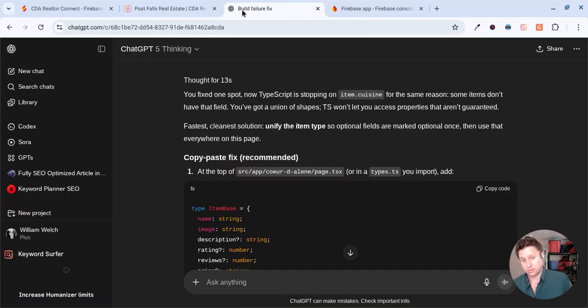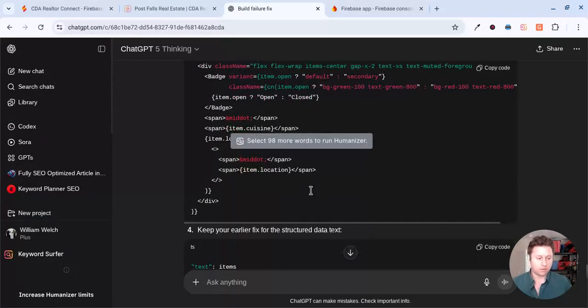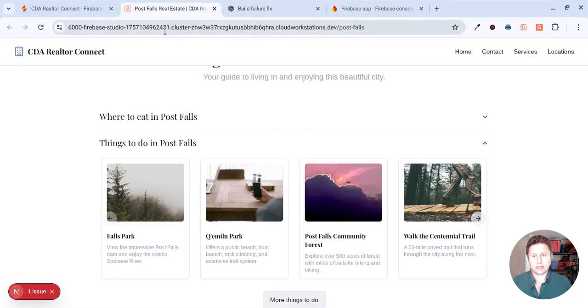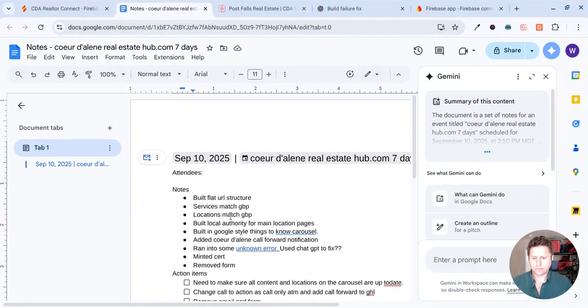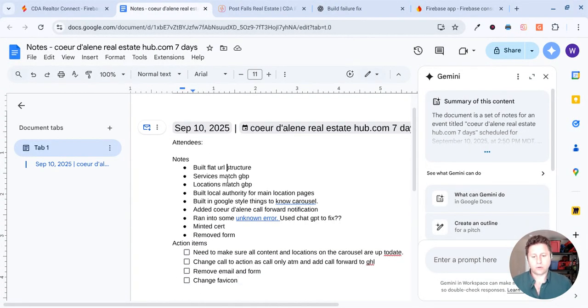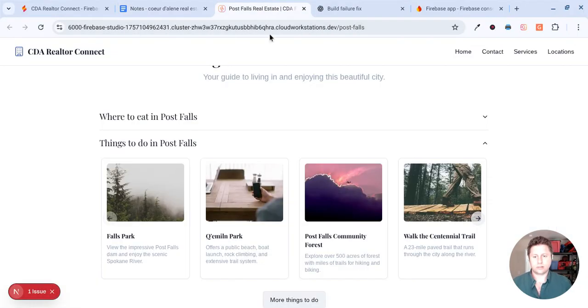So ChatGPT told me, and I just basically ask it to explain it to me like a third grader. And then I take its explanation and I push it back into Firebase. And oh gosh, it took like 3.5 hours, but boom, we figured it out. And let's see here, we've got some notes. So we built the flat URL structure, and that